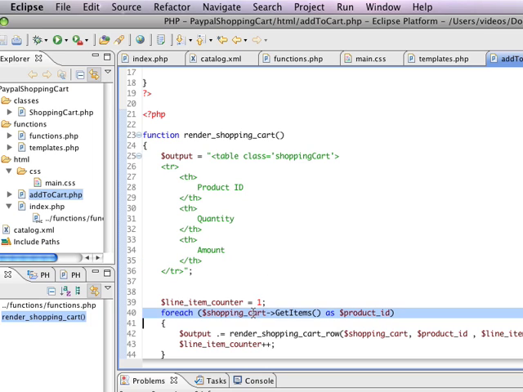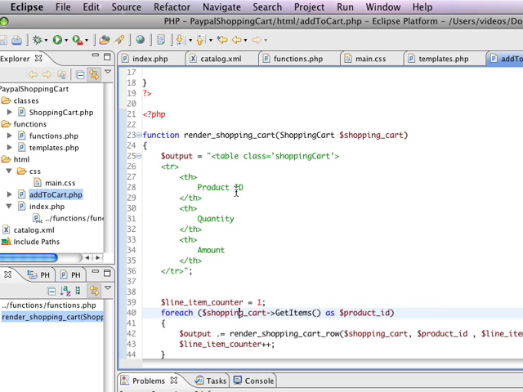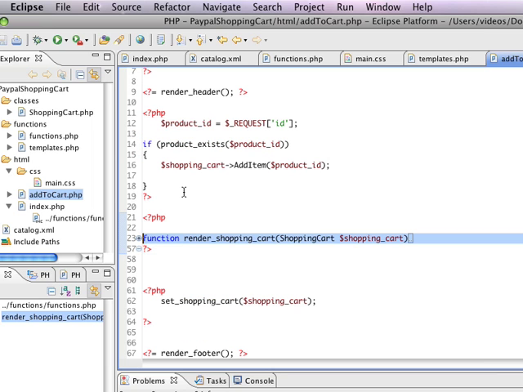Now, I'm noticing here that it requires a shopping cart object, so we could actually pass in a shopping cart. What's interesting about this is that we could take this function and render it multiple times for multiple shopping carts. That's a little outside the scope of this particular project, but it means that if I passed in my shopping cart, and then yours, and then somebody else's, we could render them all on the same page with a little bit of work. I'm just going to cut this out,